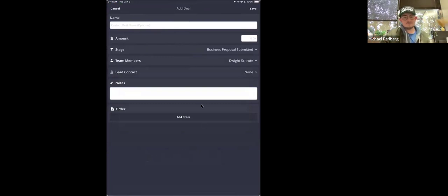You'll notice that there's this button towards the bottom that says add order. I'm not going to be diving into that here today. That is an add-on to Outfield. I would imagine here within the next few weeks, we will have some sessions that speak directly on order management, placing orders on Outfield, and some of the benefits and values you'll get from there. But for the sake of time, I want to focus on core Outfield things, things that almost everybody has within